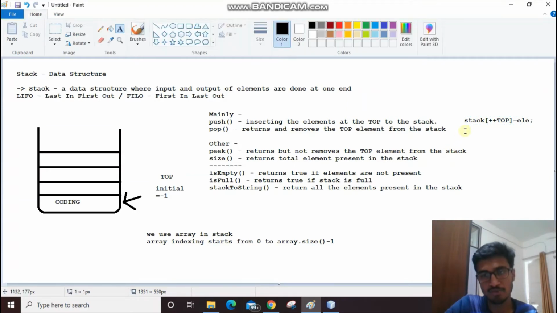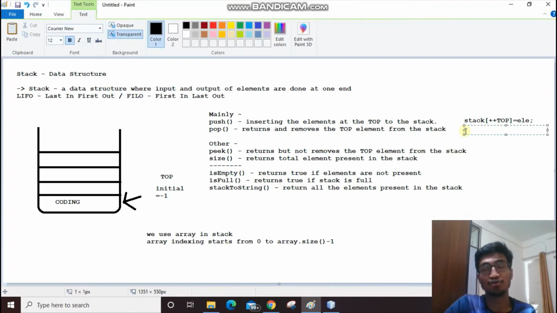So this is what we are going to use in push. In pop, we see what the current top element is. Top will be pointing to an element inside the stack, so we just have to return it and then reduce the top pointer also. So in pop we return stack[top--].